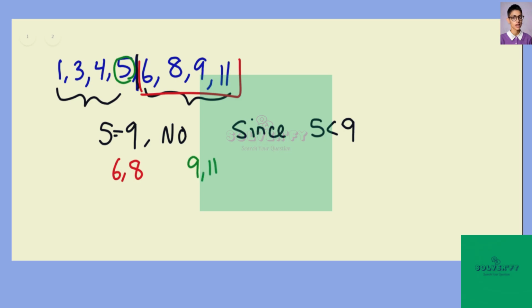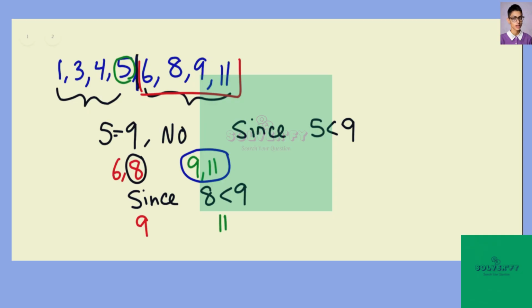And we'll do sort of the same thing. We're going to compare the largest element in the list containing the smaller numbers to 9. And so again, since 8 is less than 9, we're just going to ignore that list, split the next list in half, which really just gives us two lists of one element, right? So we're going to have 9, and then we're going to have 11, two separate lists of one element, and